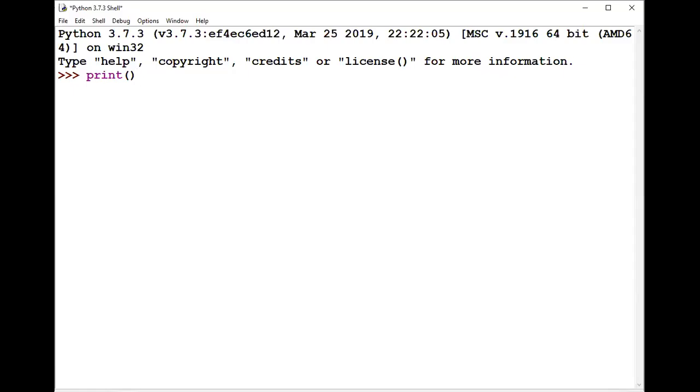So this print where I'm just giving some quotes. Whatever we are giving within the quotes is exactly what is printed. We can use double quotes or single quotes, but triple quotes are used to print multiple lines.